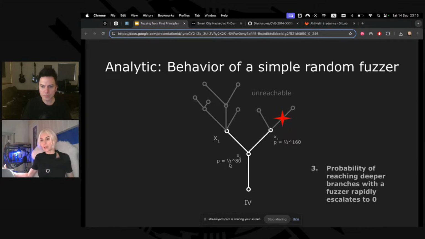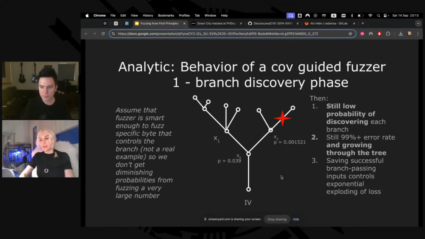The larger the file, the smaller the probability. On top of that, because the file is very large, the tree is very complex, and the exponential explosion of complexity that happens here will be unfathomable, which is why it doesn't make a lot of sense to fuzz multi-megabyte files with coverage-guided fuzzers.